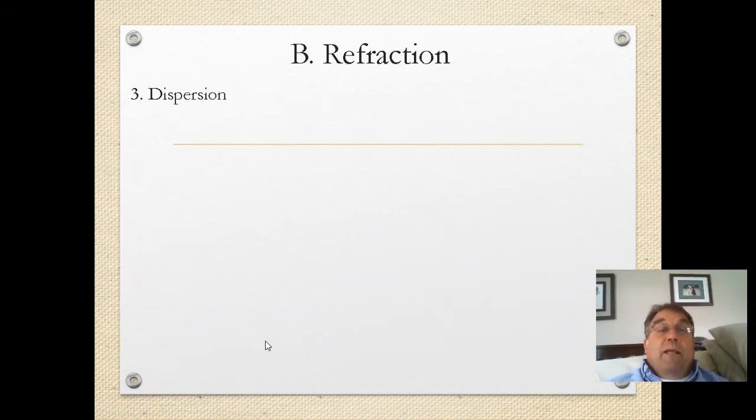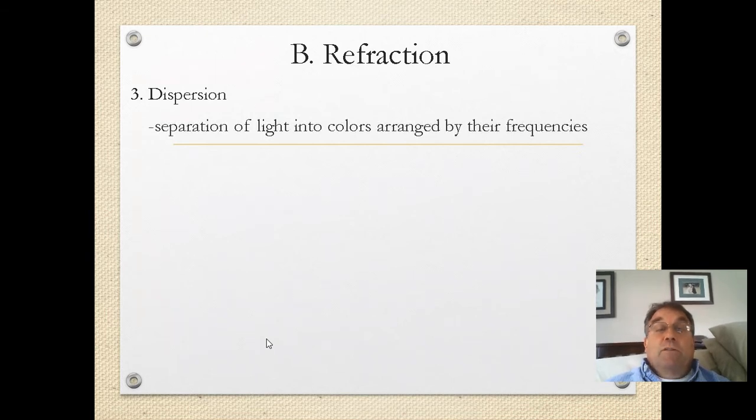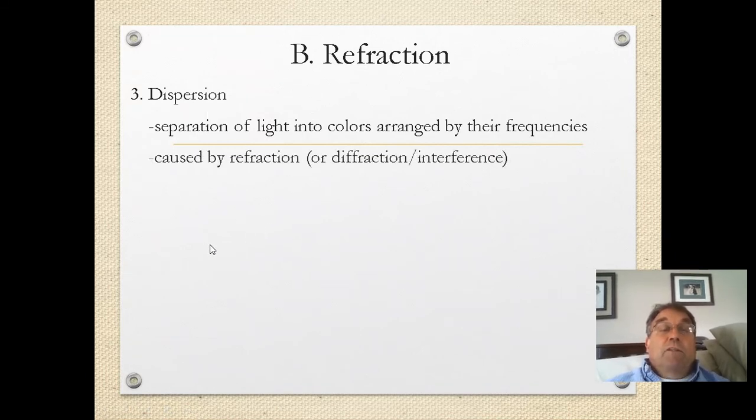Okay, now one of the applications of refraction we're all familiar with. You might call it the production of a rainbow, but the technical term is the dispersion of light. So when you separate light into colors arranged by their frequencies, you see a pretty rainbow, pretty colors. But the technical term is dispersion when it's produced this way. Okay, so there's different ways of dispersing light. We can disperse light by refraction, or later we'll see how we can disperse it by the interaction of diffraction